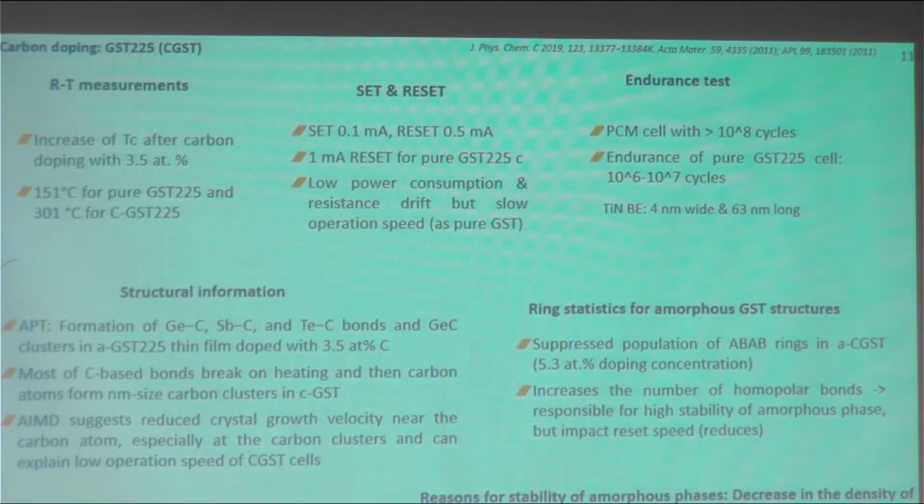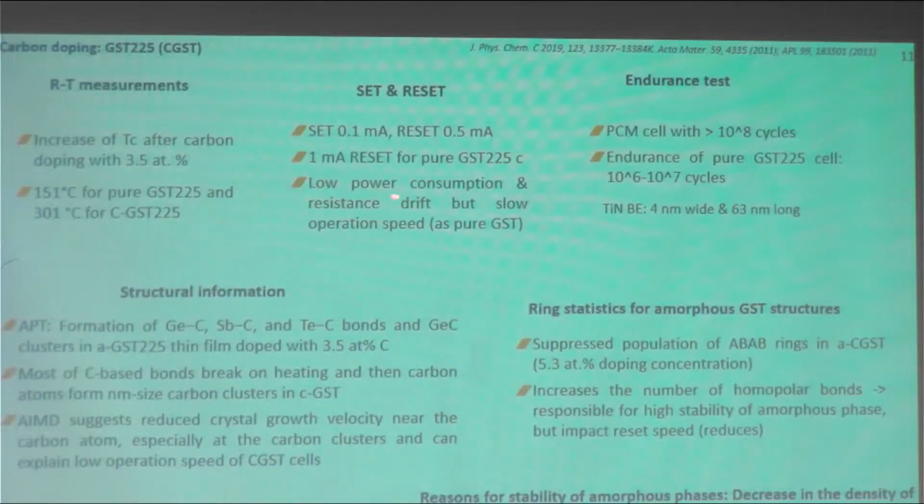It also impacts the set and reset characteristics, like it reduces reset by a value like a double. For pure it's 1 mA, for doped this is 0.5, and set is also achieved at lower current. And so this brings again low power consumption,